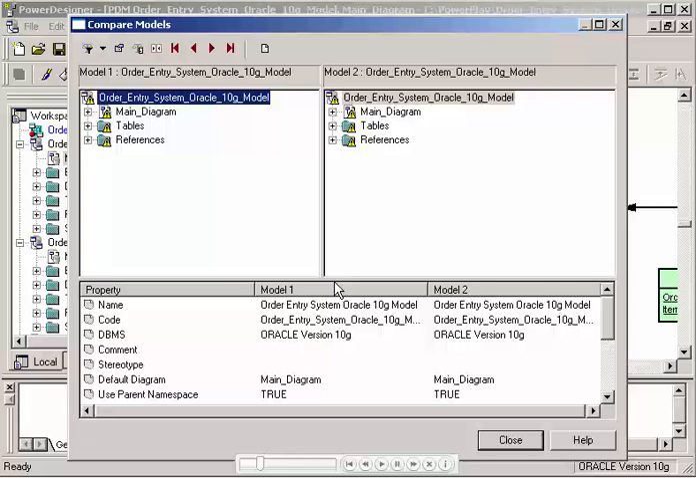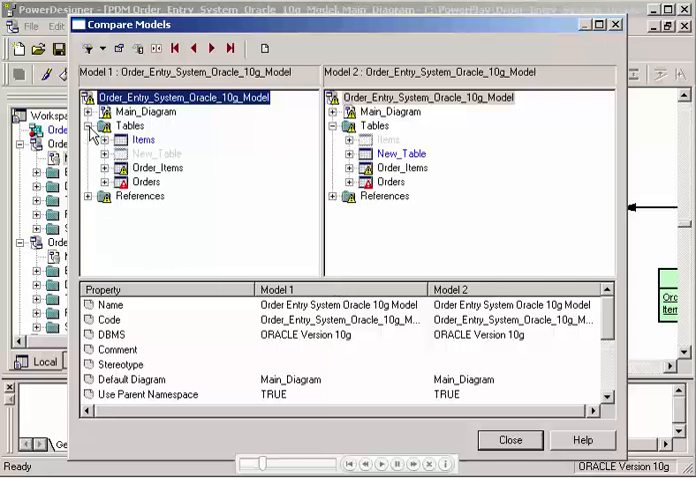To interpret the report, we look at the flags. Yellow flags mean that there is a difference inside the folder or object. In this case, we have some table differences. I need to expand the node to see what the differences are. The first difference I notice